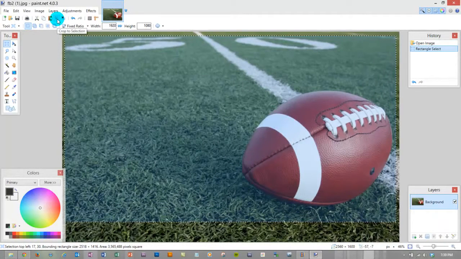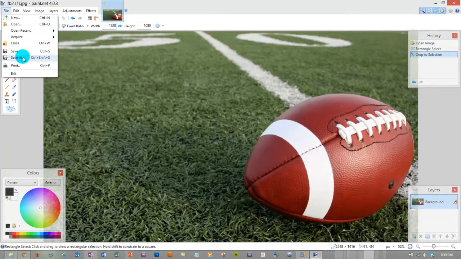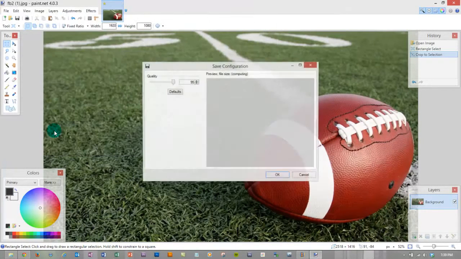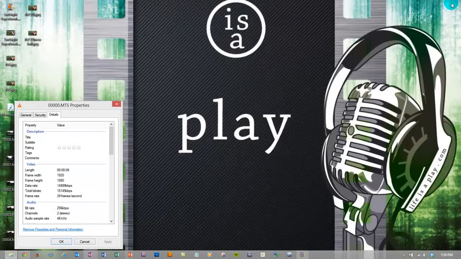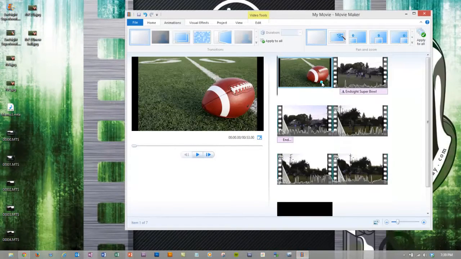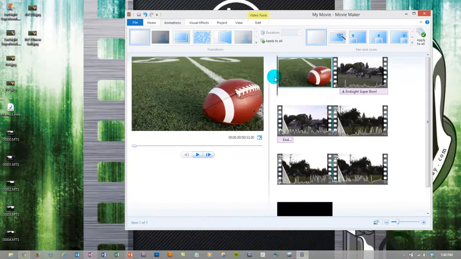And then I'm going to crop to selection, and then File, Save As, and I'm going to name it something else. New ball. Okay. Close. Now we have our new ball right here. So if I open up Movie Maker again and press delete while selecting this picture, bring it in, it's now